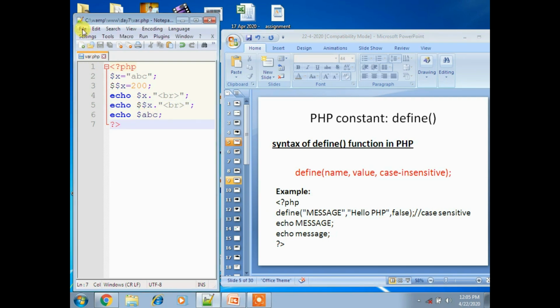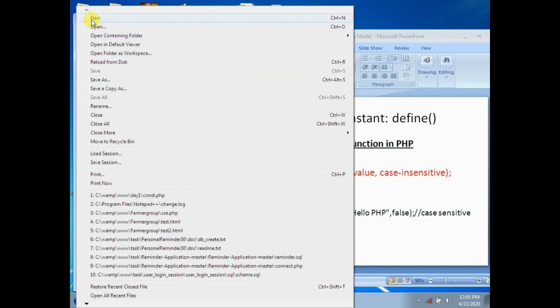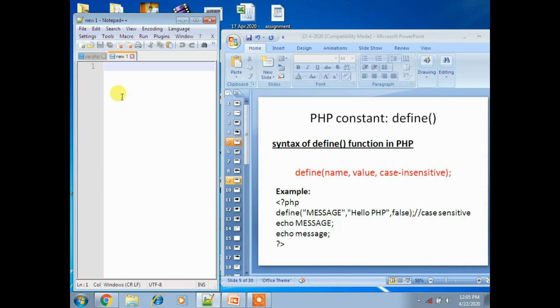Okay, let's execute this program, then we can understand easily. File, new, and now type question mark PHP. Now define, which has double quotation, message, and then whatever value you are giving, hello PHP.